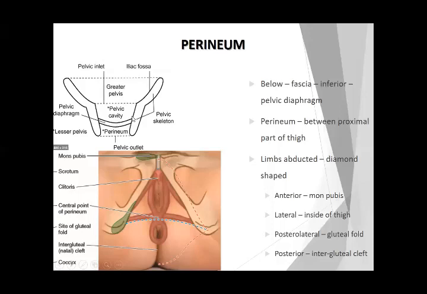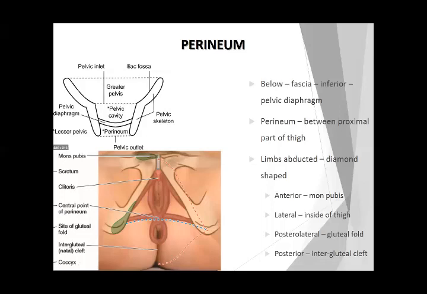We've already discussed that in detail. The area below the pelvic diaphragm, this area is the perineum, below the inferior fascia of the urogenital diaphragm. So, in a living person, what you see is that the perineum will be the area